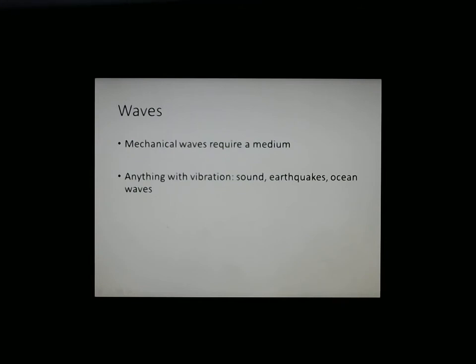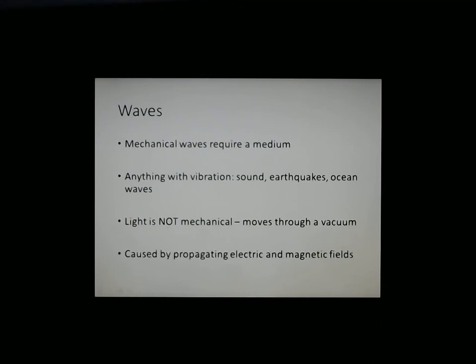But light is not a mechanical wave because it can go through a vacuum, space. Right? And so, as we saw in the last video, 4.1.9, it's an electromagnetic wave. It's a propagation of electric and magnetic fields. Okay, so the electric field makes the magnetic field, and the magnetic field makes the electric field, and so it